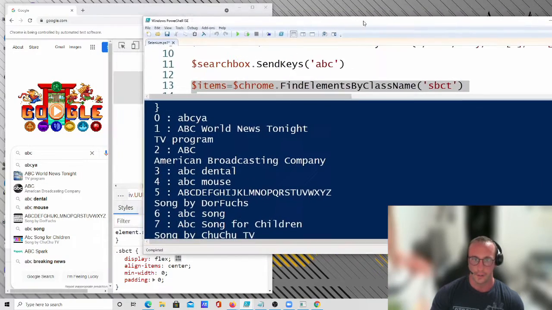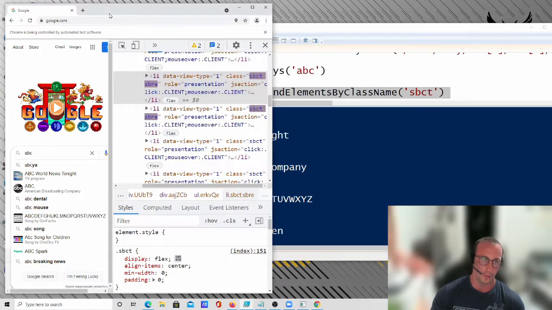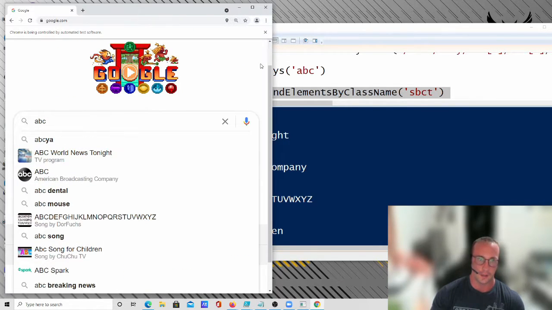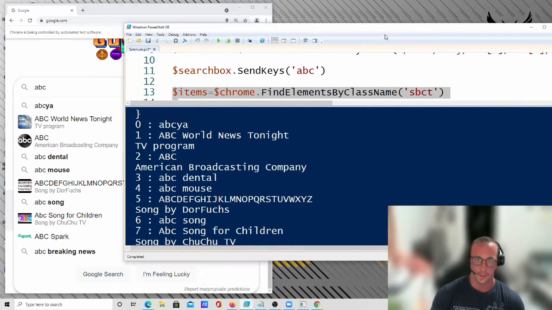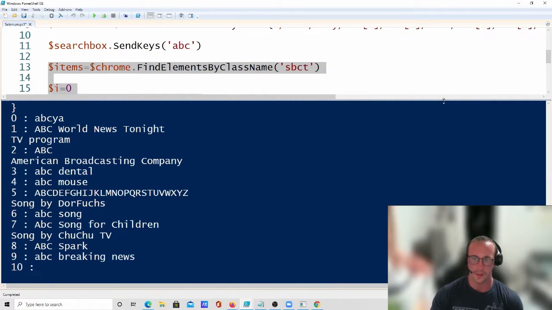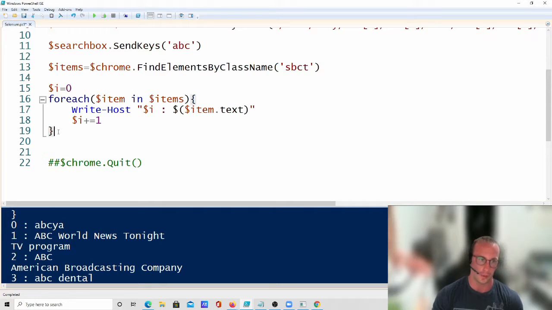So if we bring this back to the side and we have our Google window open here, and if I take away the values here, there we go. We can see everything from our suggestions now. So that is awesome. What we can do now with this, and we've done this in previous PowerShell tutorial videos,